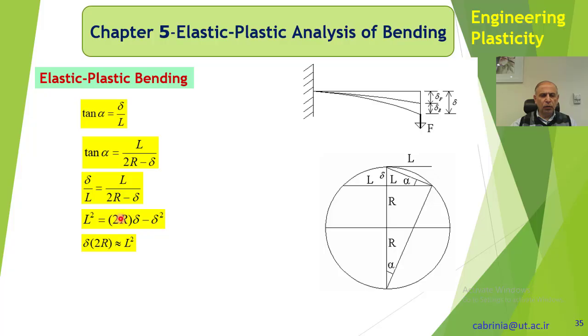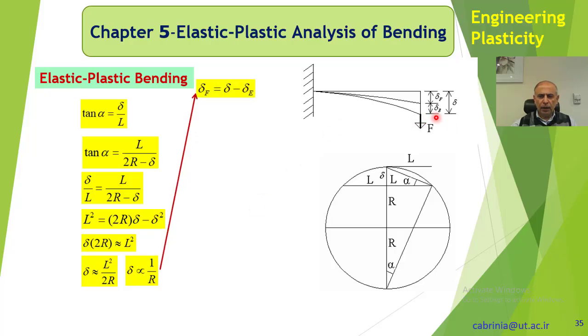And we could approximate this as delta times 2R almost equal to L squared, because delta is very small, so delta squared is very small. So we can put it equal to 0 and put this equal to that, and then delta is almost L squared over 2R. It means that this equality means that delta is inversely proportional to the radius of the curvature, and therefore